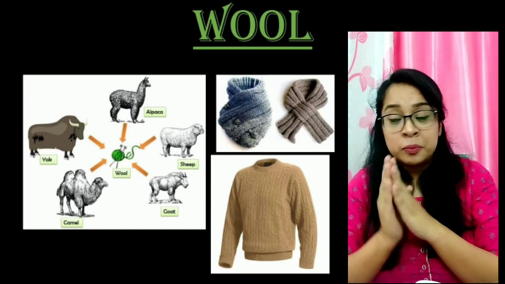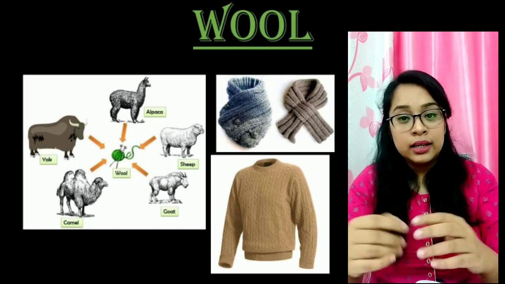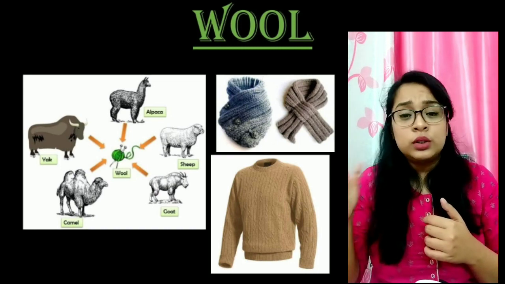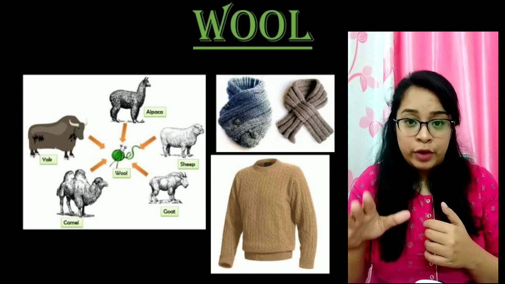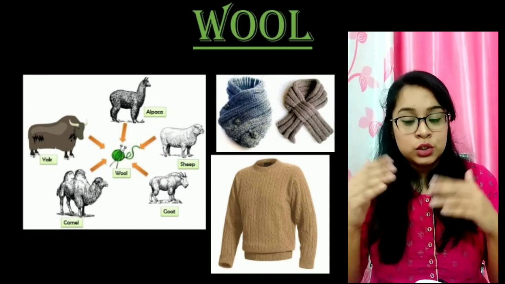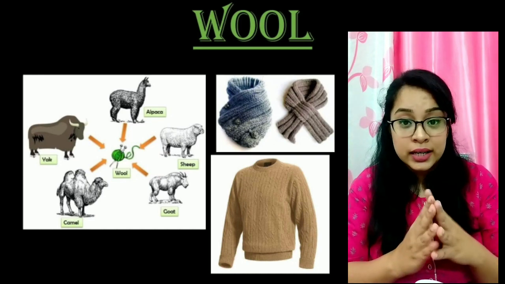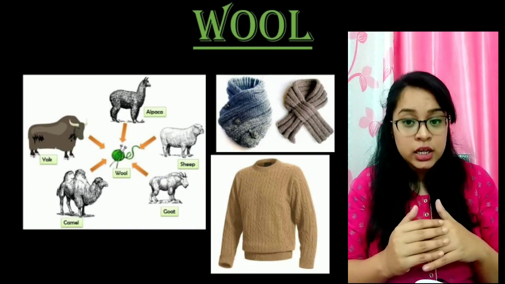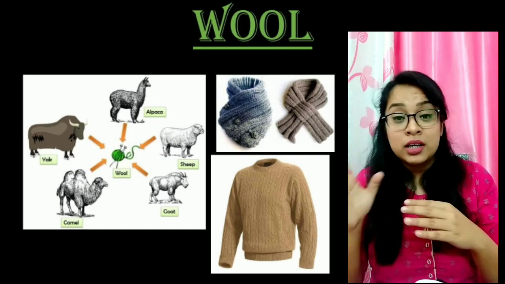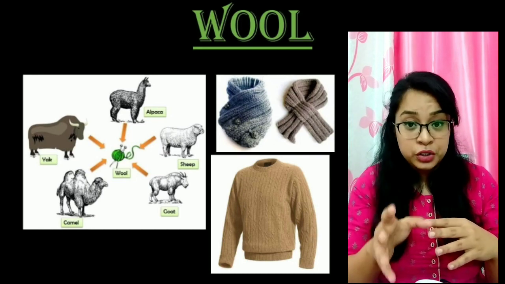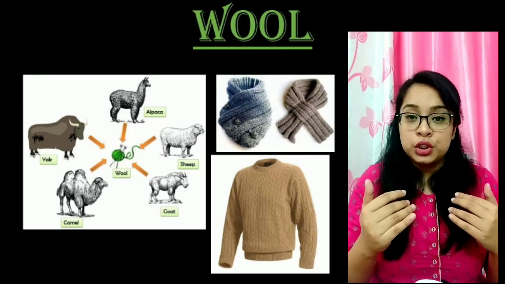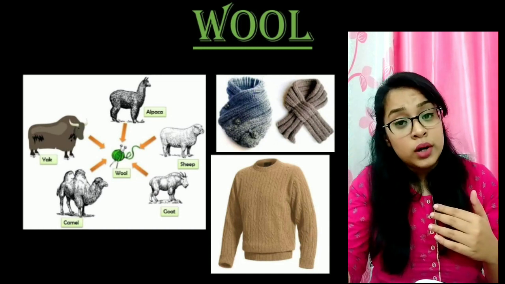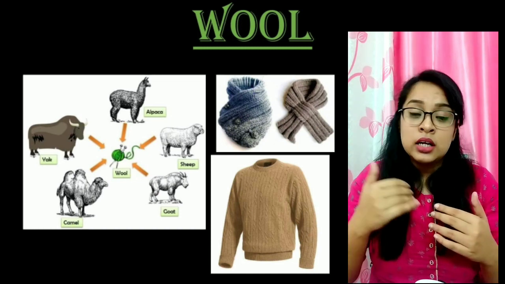Now we wear these sweaters or cardigans to keep us warm. How are they keeping us warm? You know, wool is a wavy type of fiber. Since it is wavy, it traps some air inside its waviness. Air is a bad conductor of heat. As the air is trapped in the cardigan, sweater or wool material, the heat from the body cannot escape out, or the cold temperature cannot enter the body.